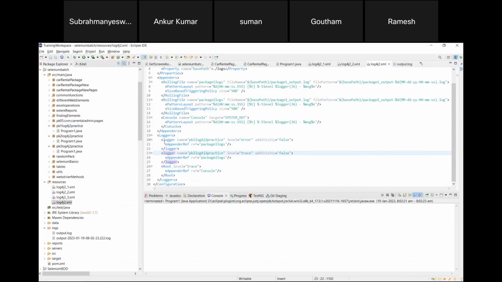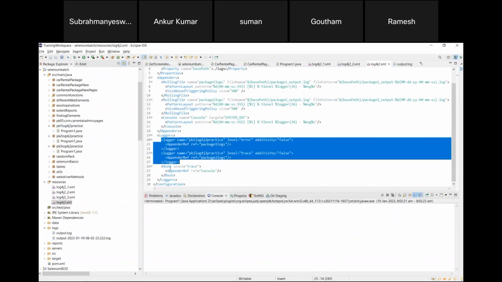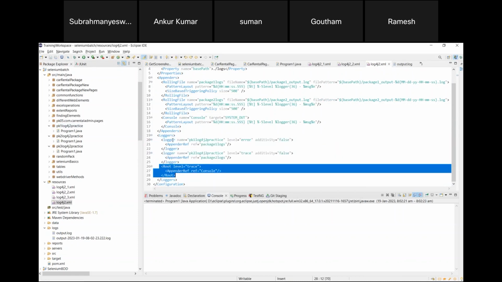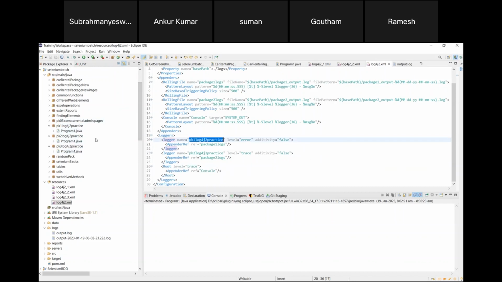We created three packages yesterday: pk1 log4j2 practice, pk2 log4j2 practice, pk3 log4j2 practice, and we have three different programs under them. For the first logger section, we are saying that for this package pk1 log4j2 practice,